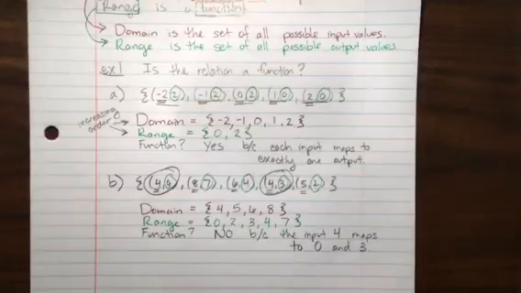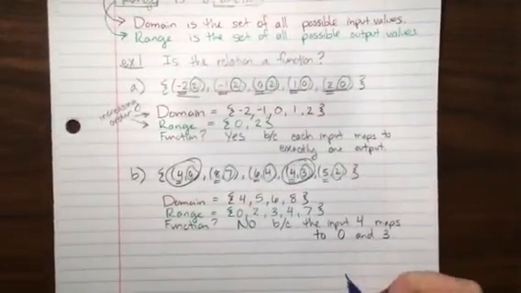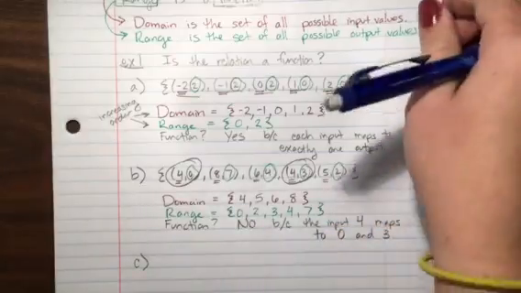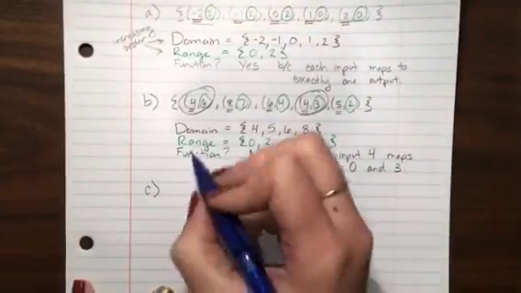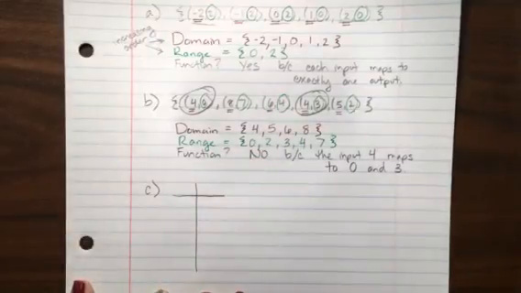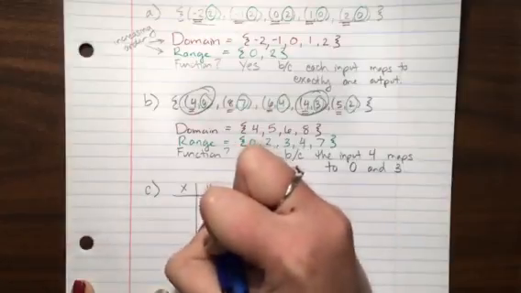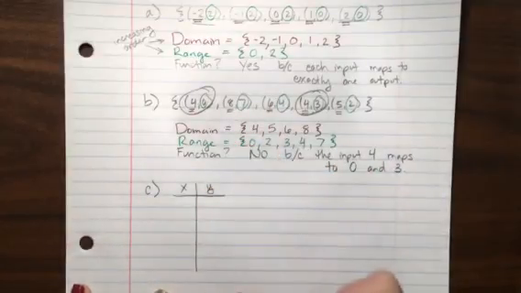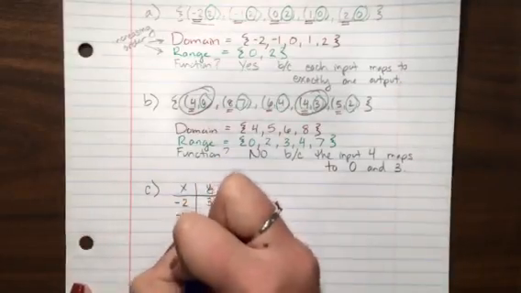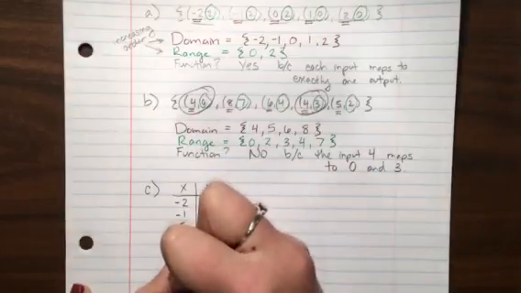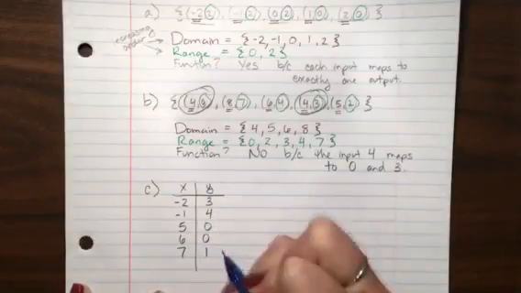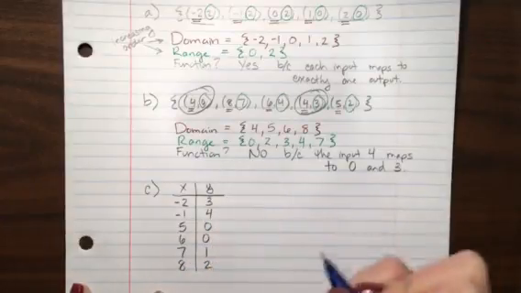Now, a list is not the only way to represent a relation. We could also do it in table form. Let's look at input and output as a table. Sometimes we call this a t-table because it starts out looking very similar to a T. You see the T there. We put the X's on the left and the Y's on the right. In this table we have (-2, 3), (-1, 4), (5, 0), (6, 0), (7, 1), and (8, 2). So a table